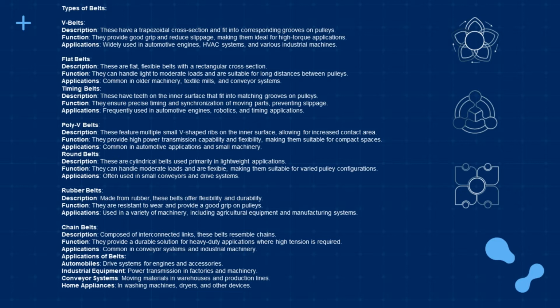Flat belts. Description: these are flat, flexible belts with a rectangular cross-section. Function: they can handle light to moderate loads and are suitable for long distances between pulleys. Applications: